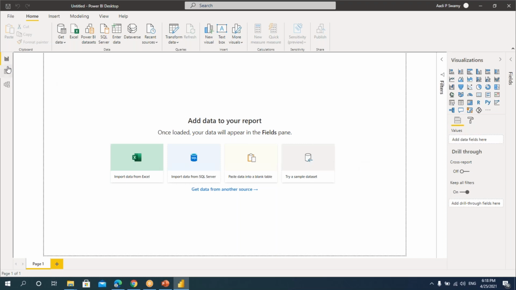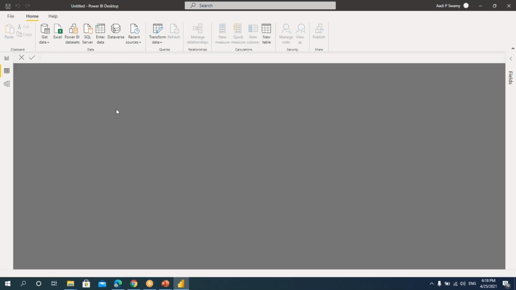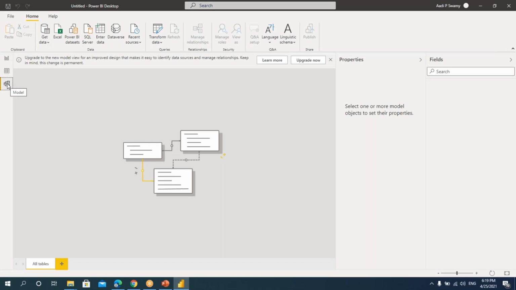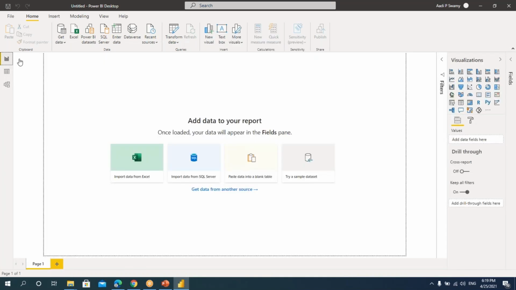The next tab what we see here, when I click on this, this actually will have the tables. The tables we import here, the complete data will be available here. So this tab gives us a window where I can see the data we have imported. And this one is called modeling, where we can model our data. That is, we can connect the data from various data sources we have taken. So we'll work on this as well. First we'll understand the layouts.